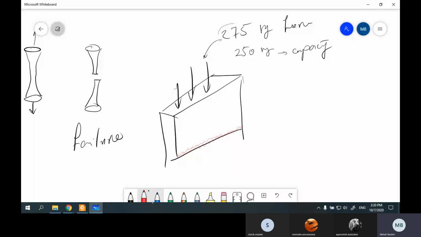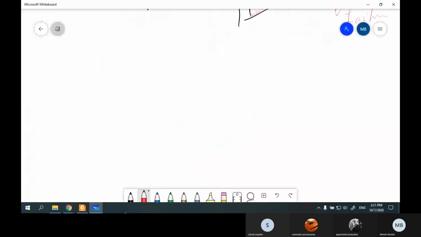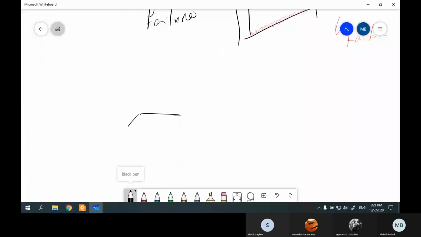Okay, so the capacity is less than the applied force, and you'll have crushing. In this case, this is your failure. In another case, suppose that you have a car,